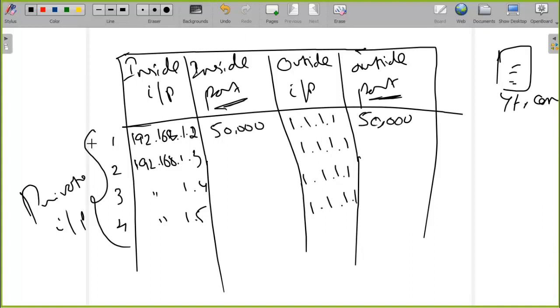So that is how this particular PC number 1 will be able to get onto youtube.com without any issues. Now let us assume the second PC, which has IP address 192.168.1.3, is also trying to get on to youtube.com. Let us assume that it is using port number 55,000, which is again in the range of dynamic ports. In this case, again, this private IP address will be translated into a public one, and it will try to maintain the port number. So the same port number will be used, and the request will be sent to youtube.com from a different port number but from the same IP address.